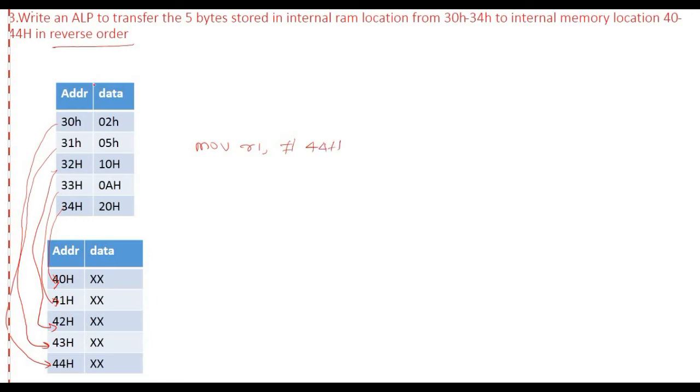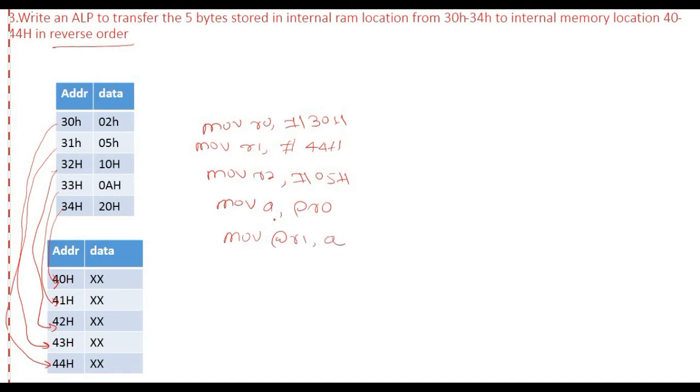The first instruction remains the same, that is the source pointer: MOV R0, #30H. The next instruction is also the same, the initialization of the counter: MOV R2, #5H. Next we need to access the data, that is MOV A, @R0, and then we need to move it with MOV @R1, A.